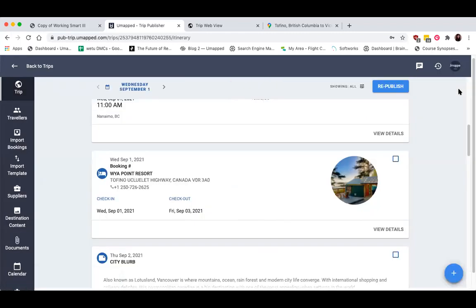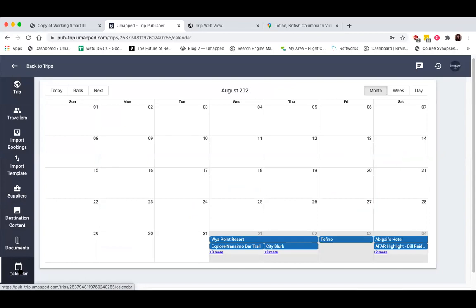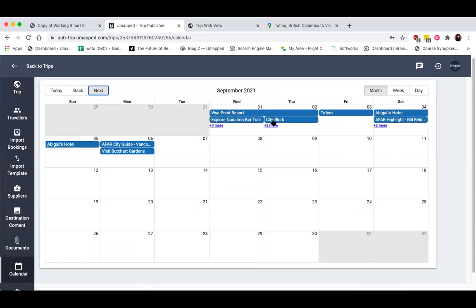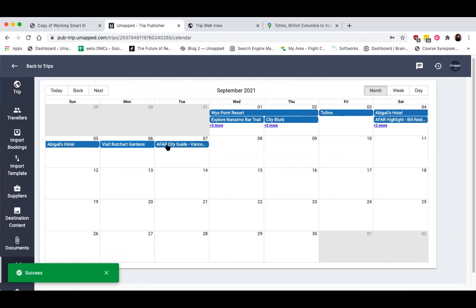And then the last way that I can reorder segments within my itinerary is actually to come down here to calendar. And you'll see if I go to September, in calendar, I can see at a glance all of the different segments in my trip. Now, if I wanted to, I can actually drag and drop any of these different segments onto a new day.